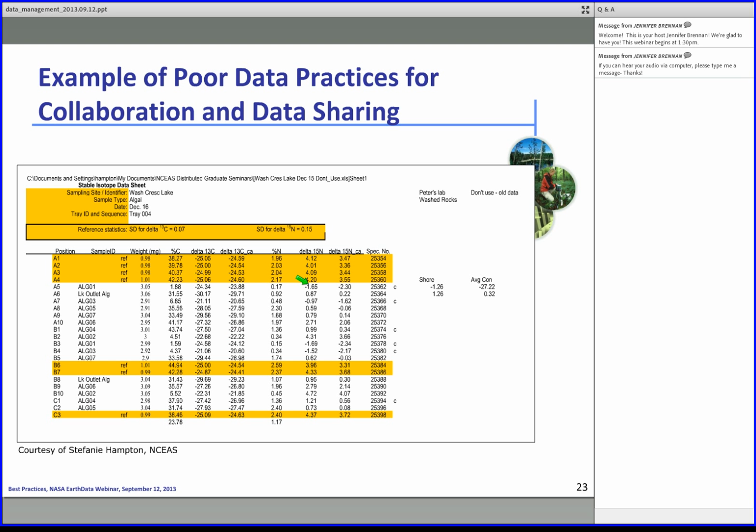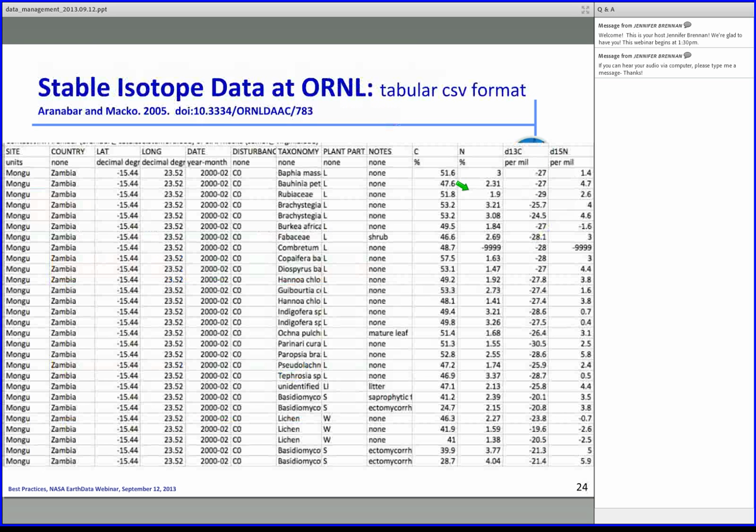The amazing thing about this is, and some of you have maybe already seen it, it says, don't use old data, which is not a very good thing to see in your file. But there's no indication of what file to go to actually use the data. So this is an example of poor data practices, and this is an example of a good one where we've